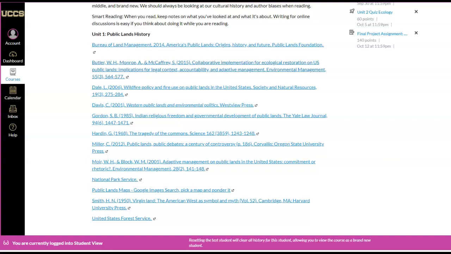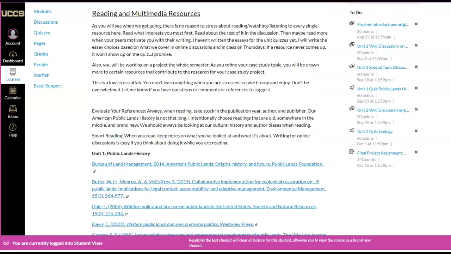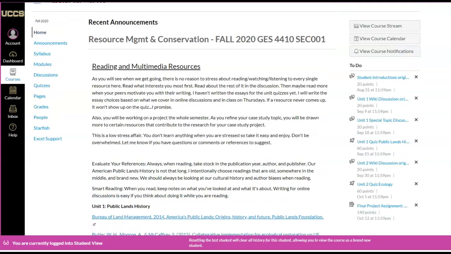I am a biologist, so I tend towards a more scientific perspective, but you'll see I have some legislative documents here, and this first unit is really largely about the history of public lands, which has a legislative theme to the story.